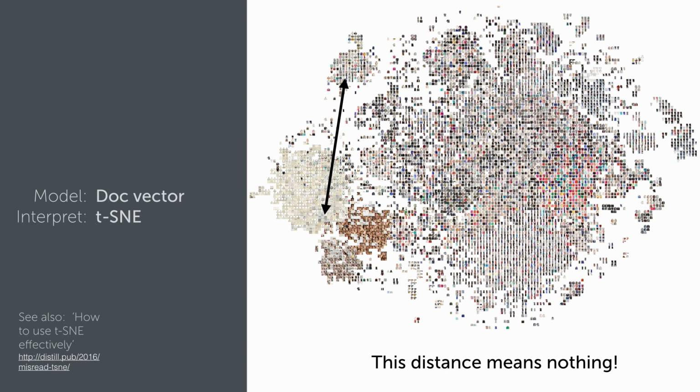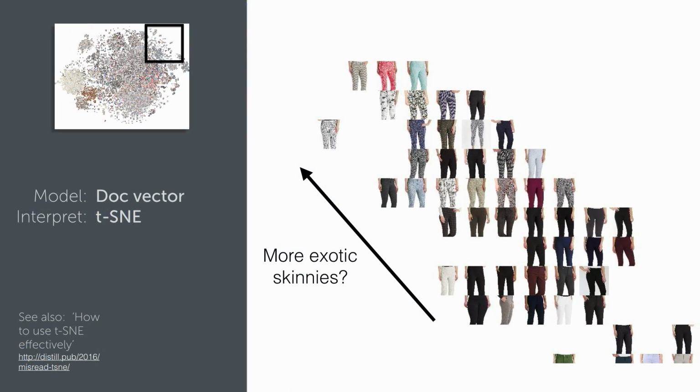There's also a bunch of other problems with t-SNE. The random noise in here might not be random. There's all kinds of strings and random shapes that might form. There's no categorization. So a lot of this stuff is kind of like reading tea leaves. But there are some tantalizing details here. I can look at this patch of skinnies, and I can move up towards the top left, and it starts to get more exotic sort of skinny jeans.